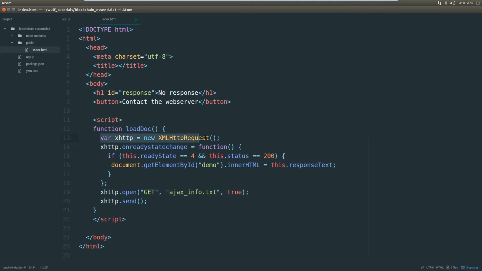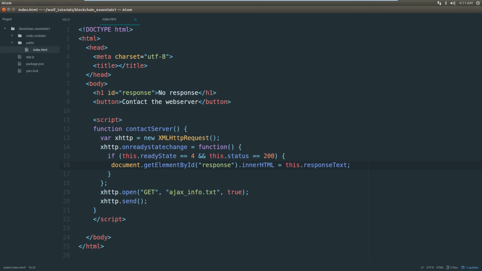Cool. We instantiate a request, then this is pretty straightforward. That means that when the request is received and everything is okay, we have received a 200 status, then we can update the element. And we can update the element not demo, because here it's ID response. We'll just put response. That means that the response that we will get from the server, and it will be a string, we put that in the response element. Okay, now we'll call the function differently, contactServer, something like that,